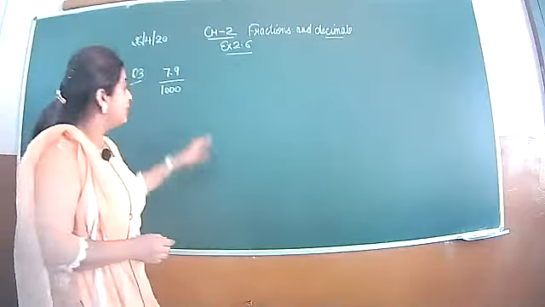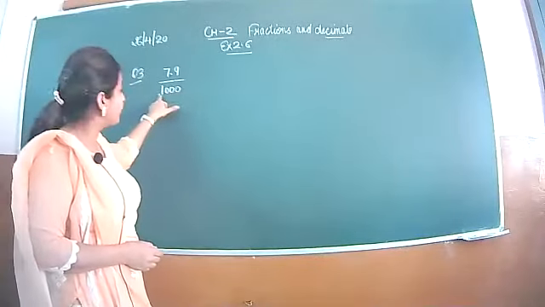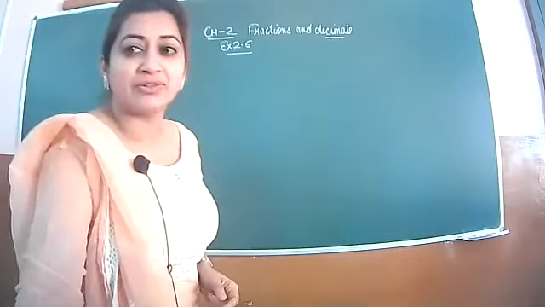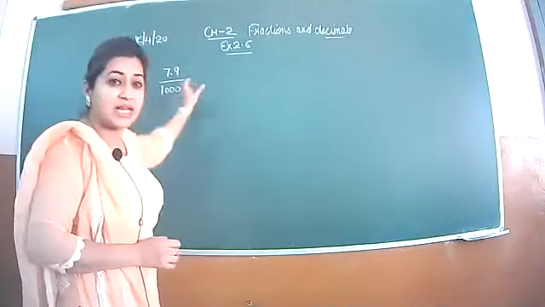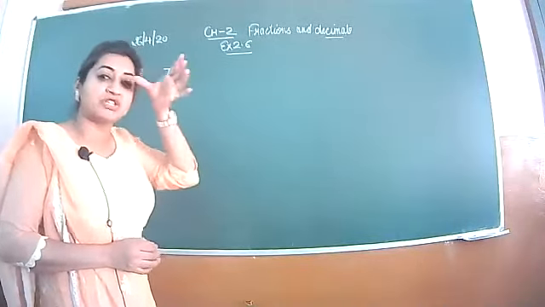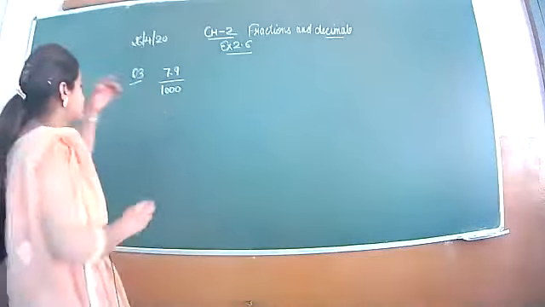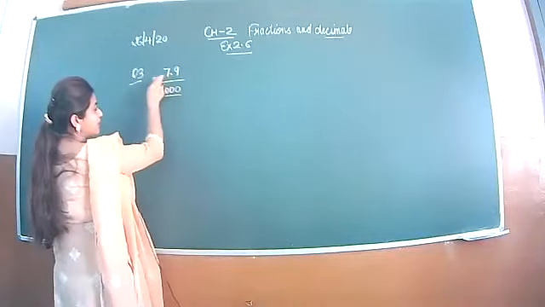And one more thing, this will only happen if zeros are there with 1. If there is some number here, suppose 2000 or 3000, then the method is different. You will divide it by 3, then you will put 3 zeros and you will shift the decimal. That type of case I will discuss also. Just see this. 3 zeros are there, so you will shift the decimal 3 digits.